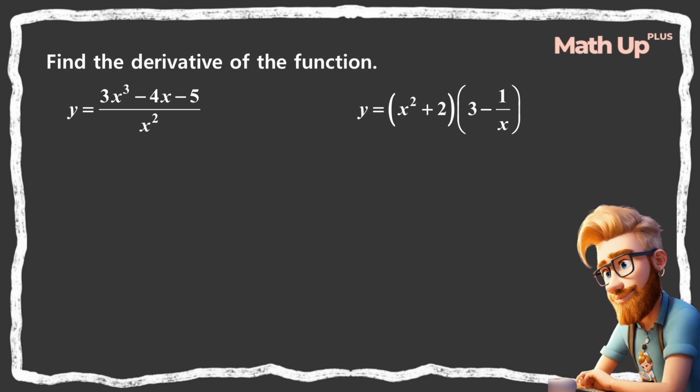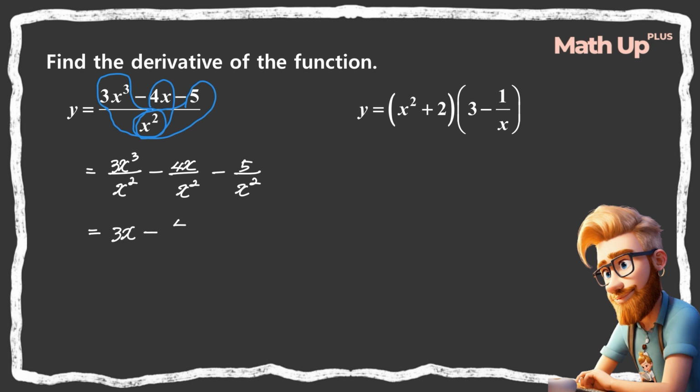This expression can actually be broken down into 3x cubed over x squared minus 4x over x squared minus 5 over x squared. So if we do that, that's going to be equal to 3x cubed over x squared minus 4x over x squared minus 5 over x squared. Then this is equal to 3x minus 4 over x minus 5 over x squared. And then this is equal to 3x minus 4x to the power of negative 1 minus 5x to the power